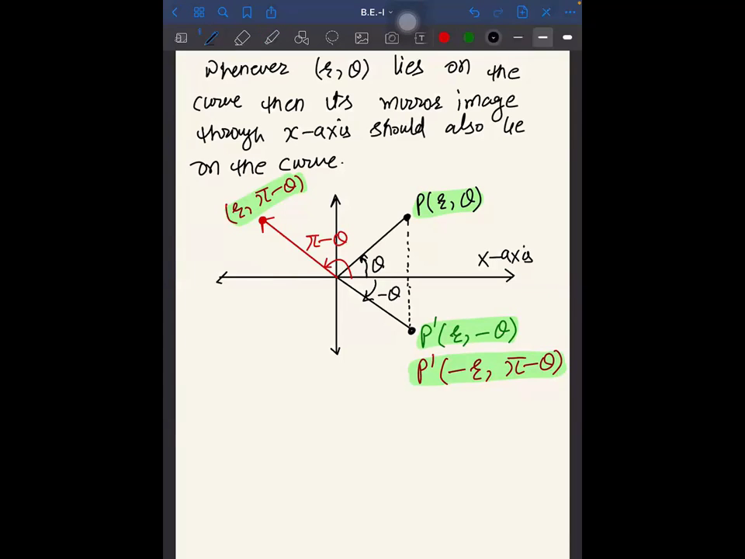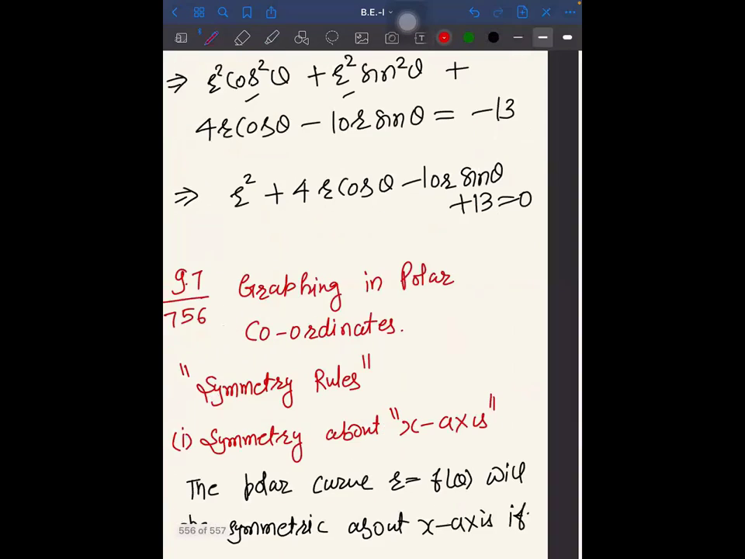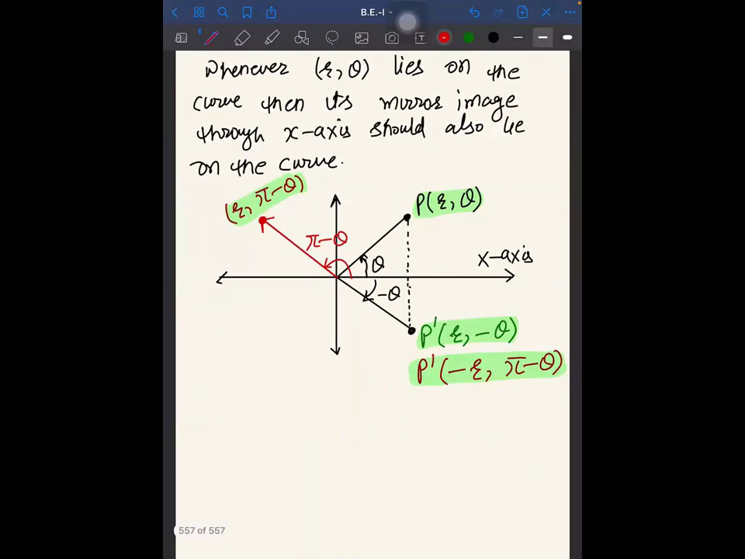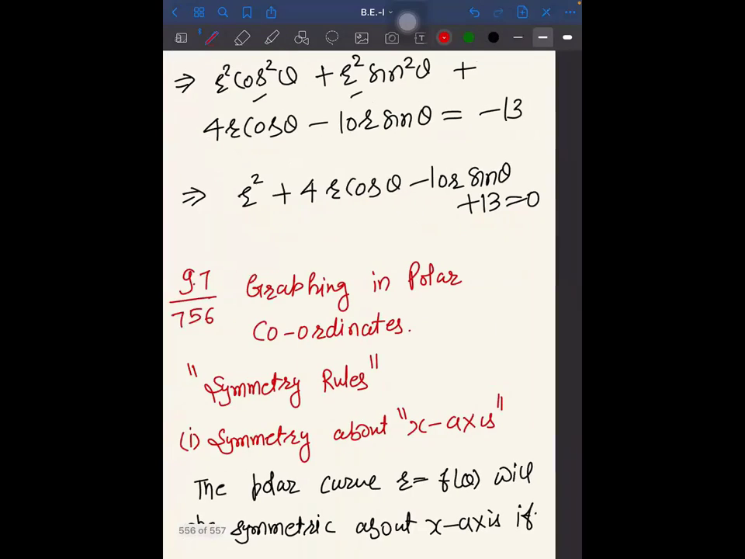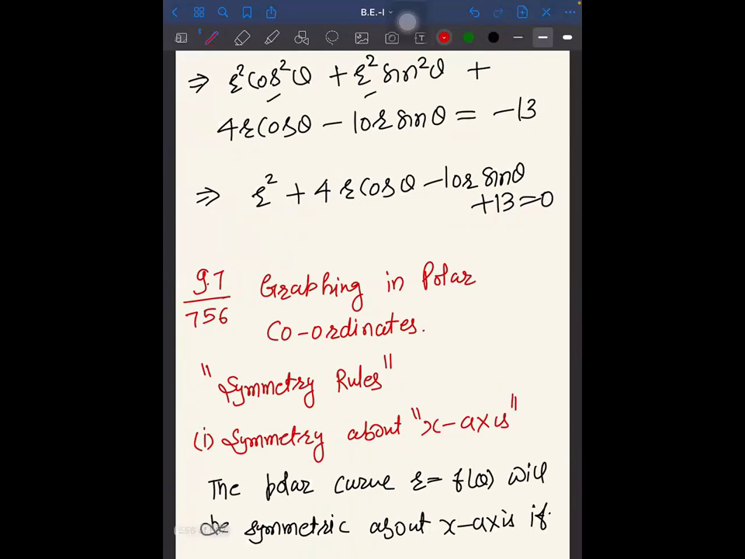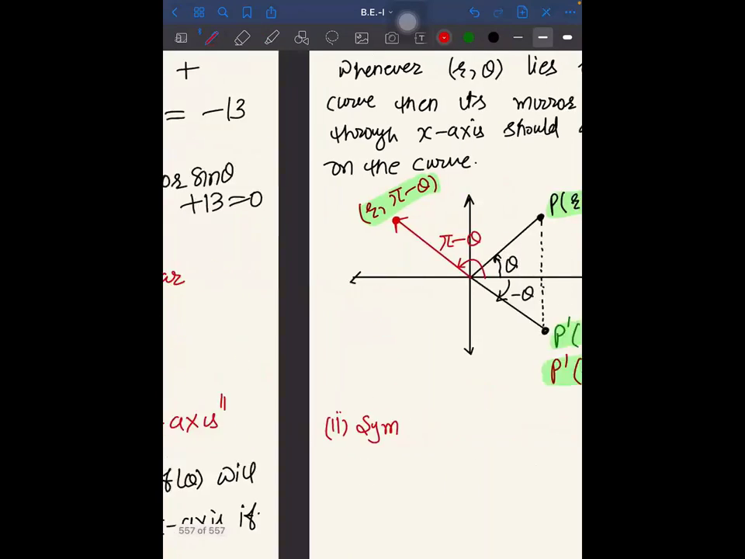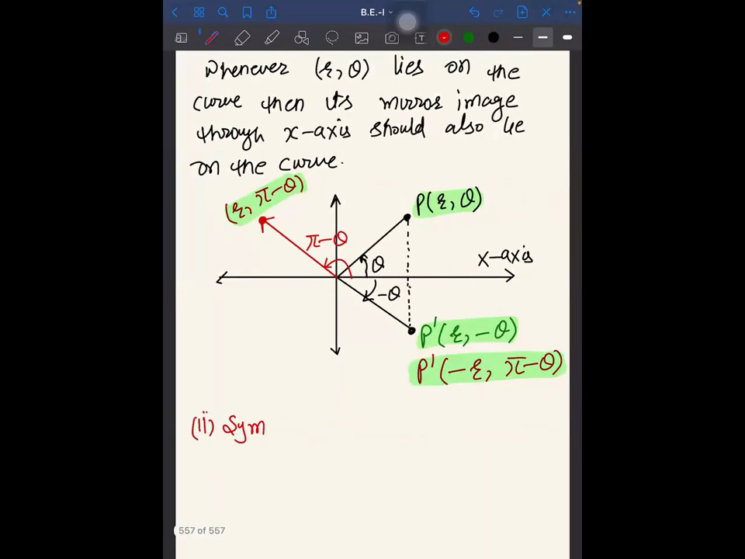So next part is... Sir, switch to the previous slide for just a second. Yes, please. Done, sir. Okay. So our next part is symmetry about